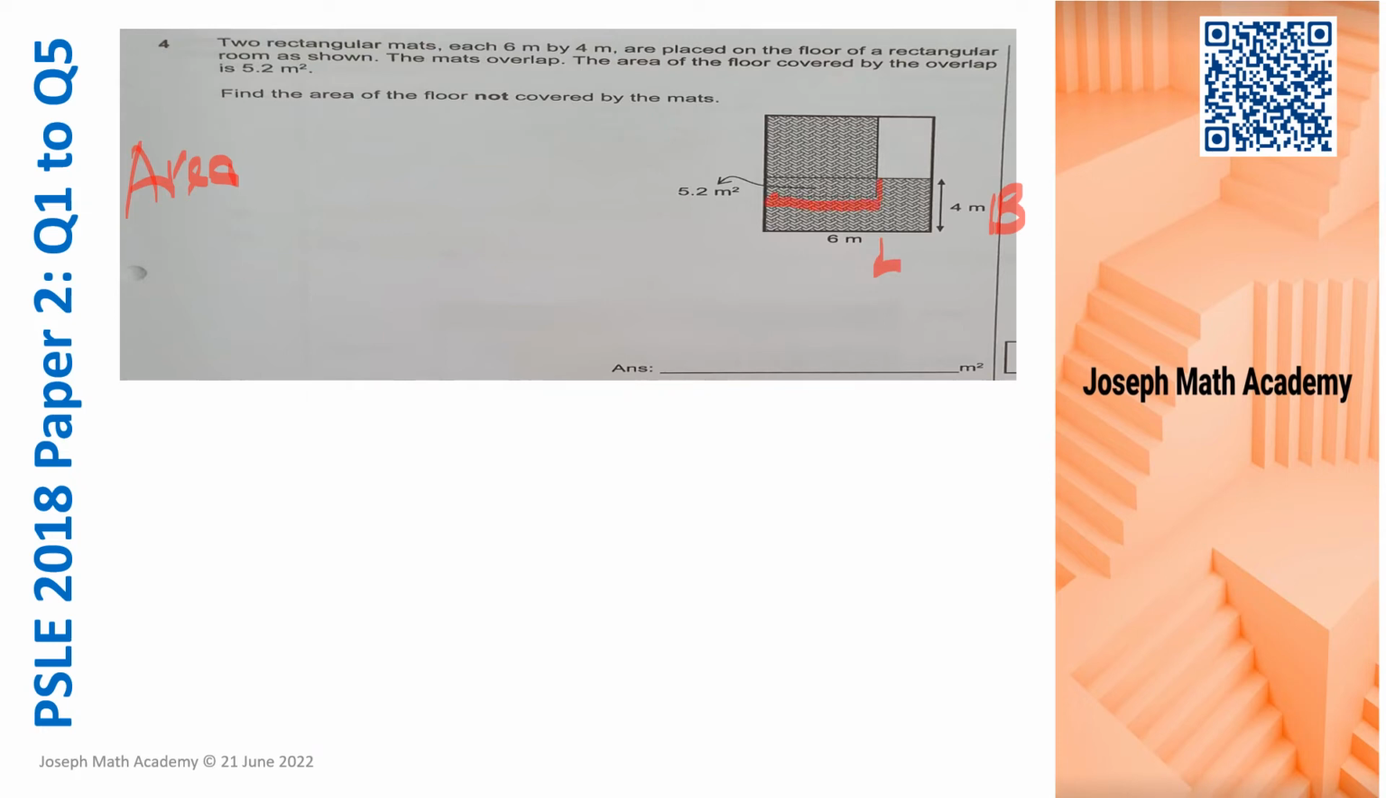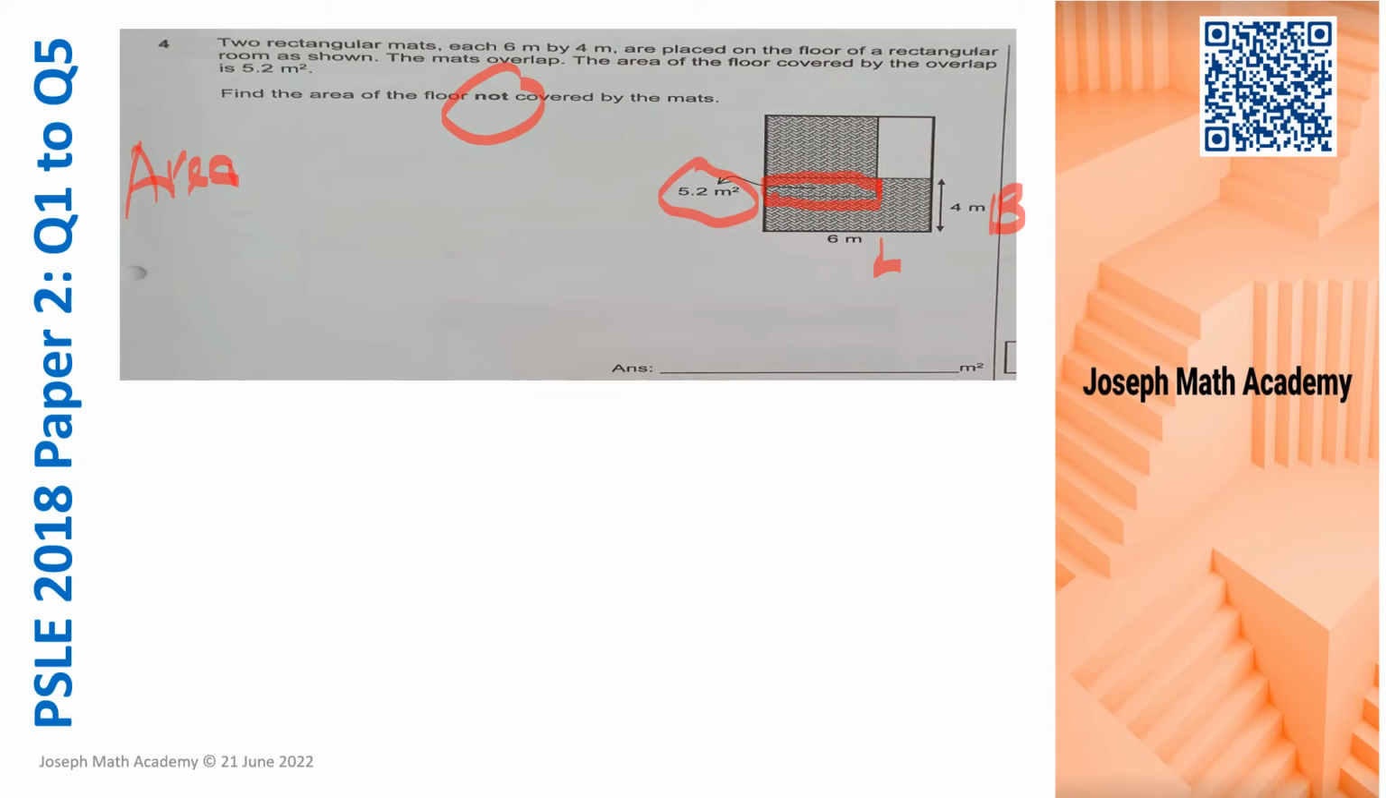This part is the overlapping region. Okay, it overlaps there. Now the area of the floor covered by the overlap is 5.2 square meters. So this is provided. Find the area of the floor not covered by the two mats. So to do this question, what we can do is, we know that the